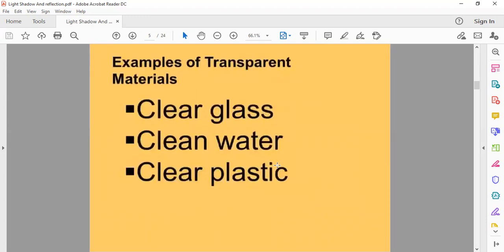Examples of transparent objects are clear glass, clean water, and clear plastic. You cover your notebooks and books with a cellophane sheet. Why do you use that? Because you can see the cover of the book through that sheet, since it is transparent. And the glass we use at home, we can see whether there is cold drink or tea, because that glass is totally transparent.